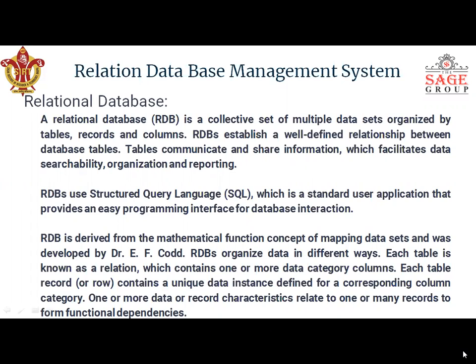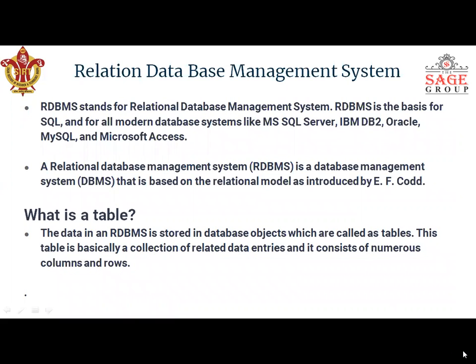Basically, what we understand from this definition is that RDBMS is a collection of records. What kinds of records? Any record, any user data, any patient data, any transaction data. So basically in RDBMS, a relation is a 2D structure which has a number of rows and a number of columns. RDBMS stands for Relational Database Management System, which we have already known.